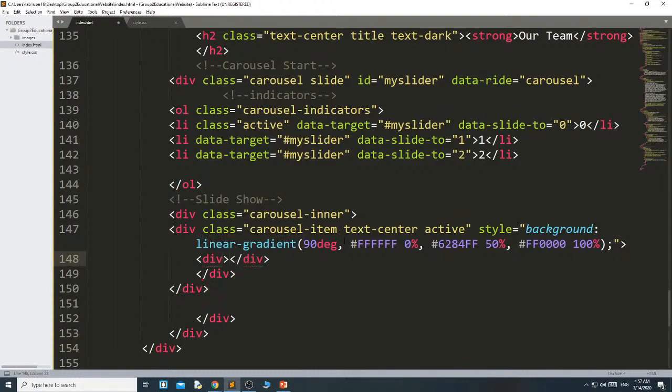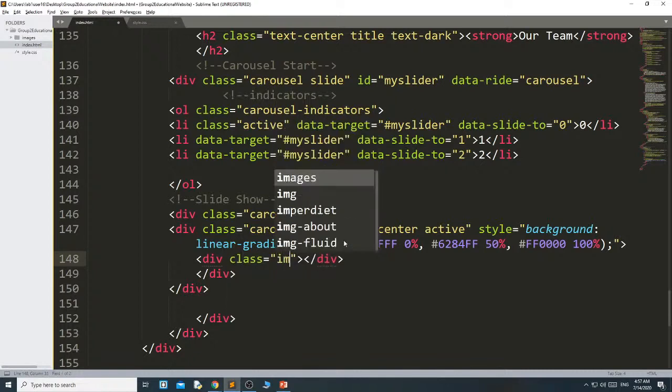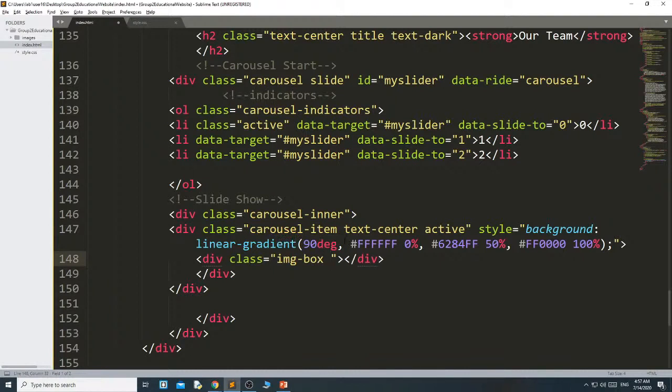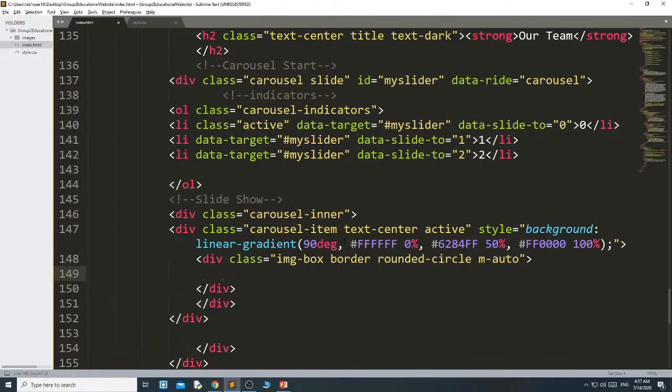To include the image I am using div class image box, then border, I want a border, then rounded circle, the image automatically gets rounded, and I want to give margin auto from all sides.